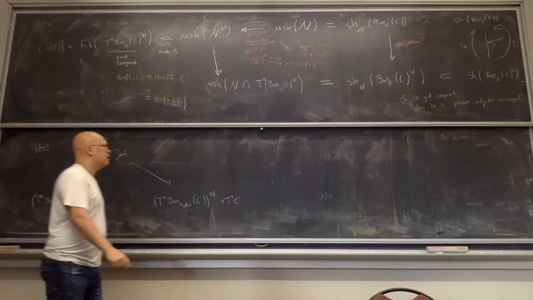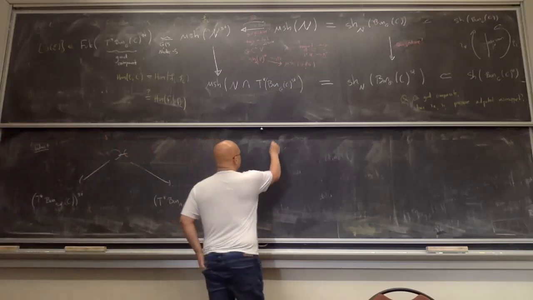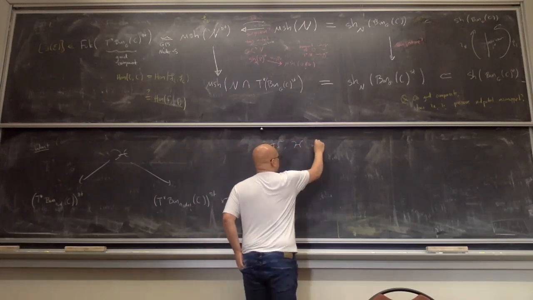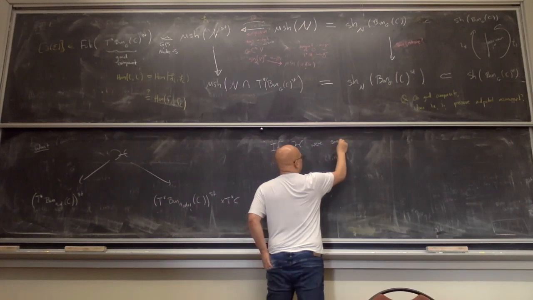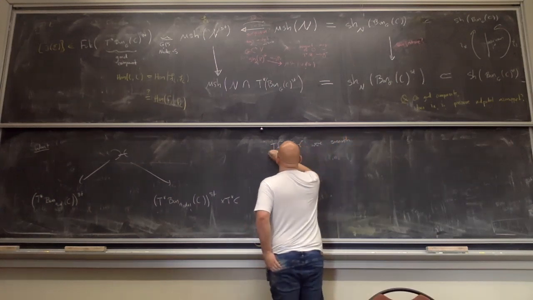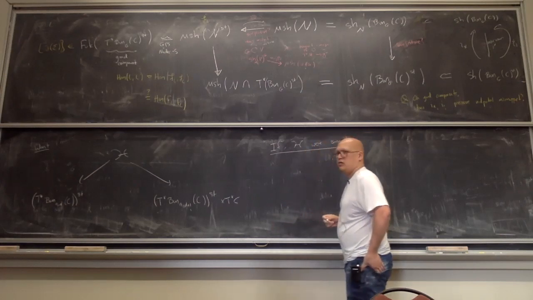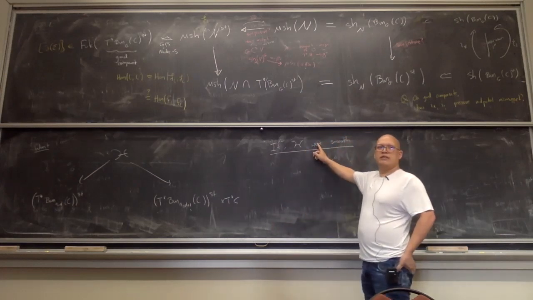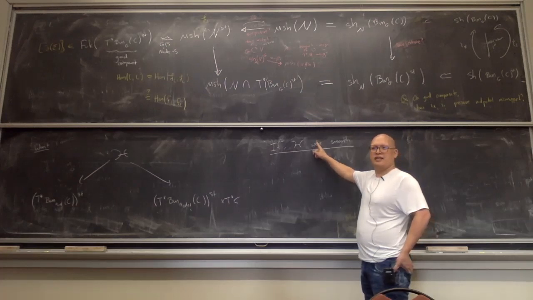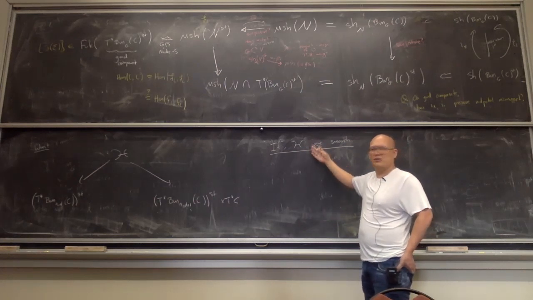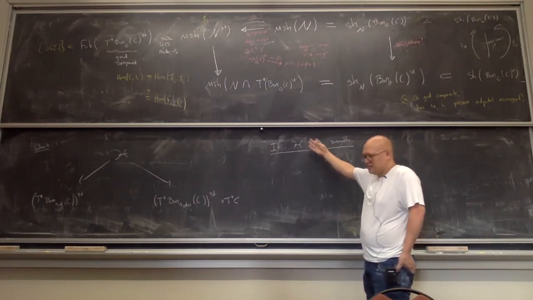So if H were smooth, which I don't know if this is ever true. Like, I don't know if it's true in any example. I also don't know if it's ever not true. I have no idea. So some question: is this H smooth or not? I don't know.